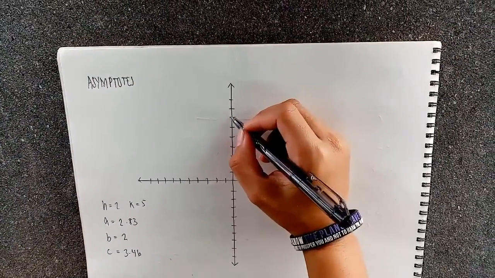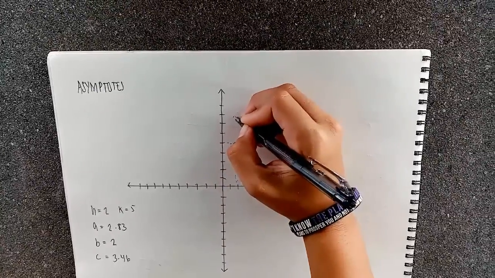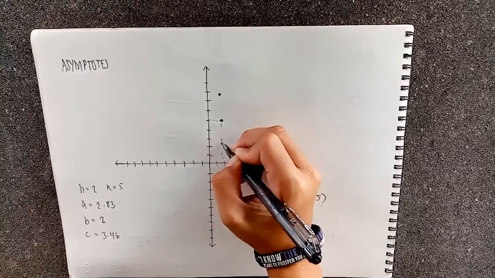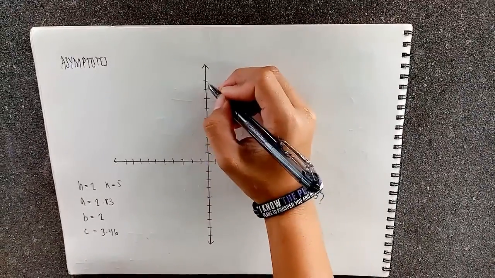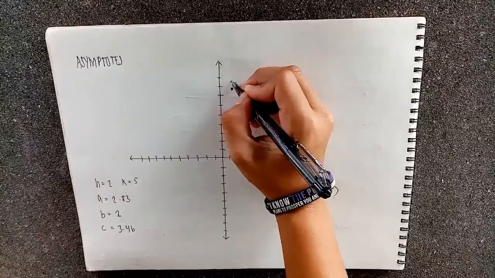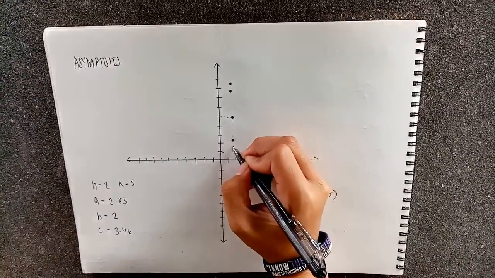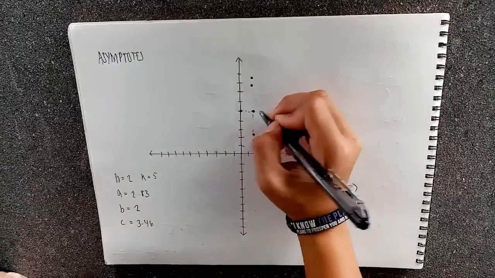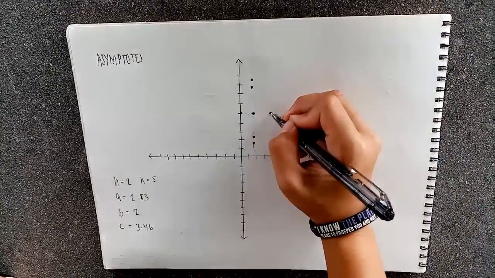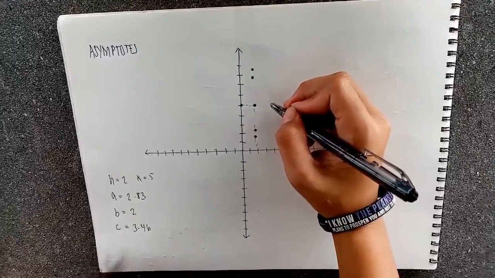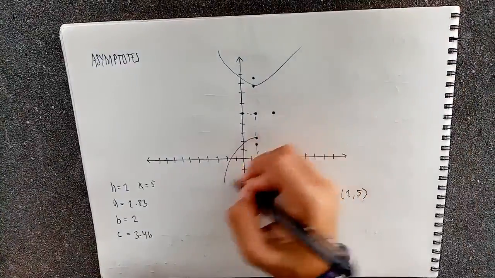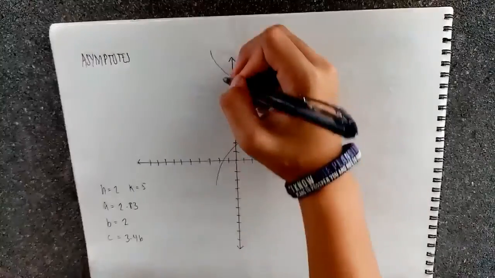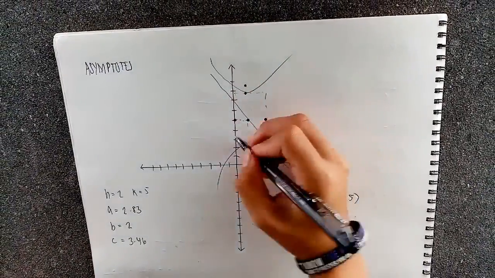Next is letter A, same length. Next is letter C, 3.46. Next is our letter B. And now let's put these lines dotted, and slant X